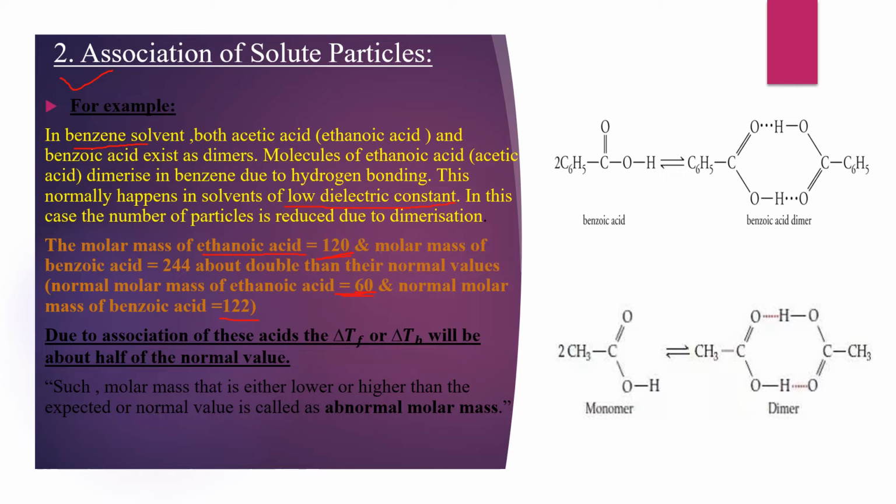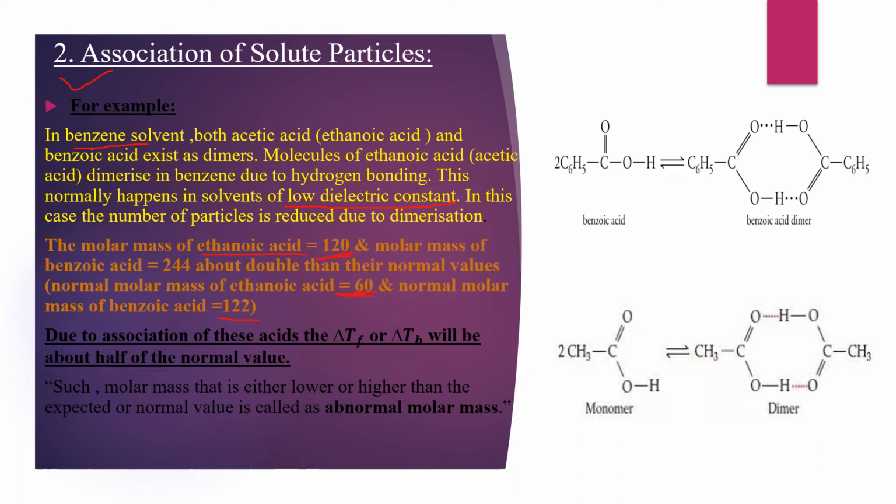And we have discussed abnormal molar mass due to association of solute particles also. We discussed this for non-polar compounds, in which the solute is non-polar as well as the solvent, and the association of solute particles takes place in the solvent. Due to this, there is an increase in molar mass, and due to the increase in molar mass, the colligative property in the association case will decrease.